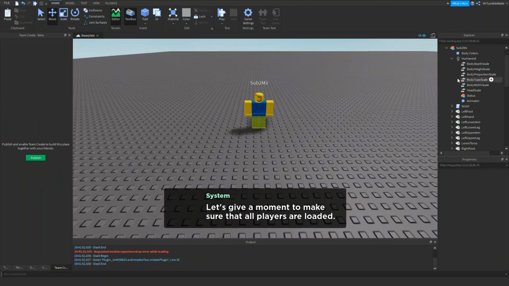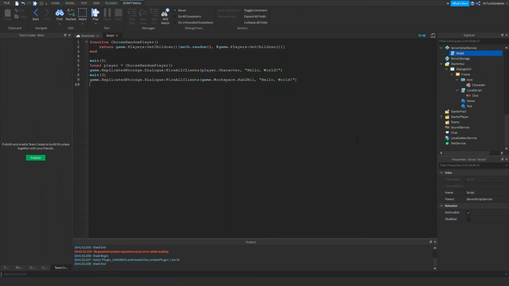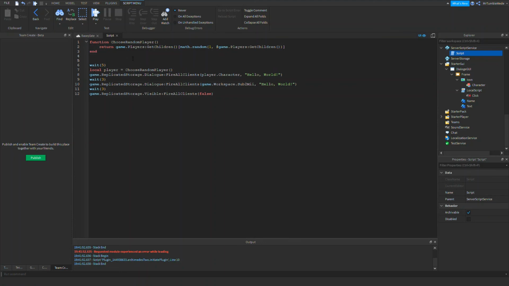Okay? And now the grand finale, I think. We will just wait 3, and then we will do game.replicates.store.visible, fire all clients, false. So it will tween away. And I want this to be a repeating cycle, so while true do, and remember when you use true, you have to make sure there is a wait.